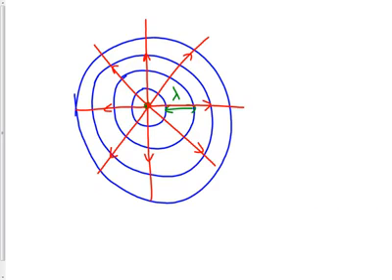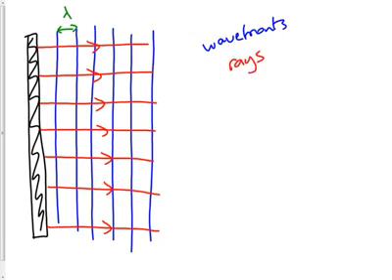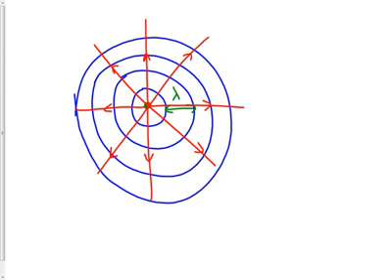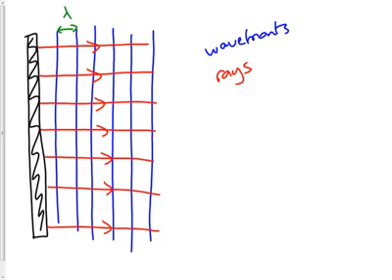Okay, so again, the rays are in red, the wave fronts are in blue. Same over here, rays in red, wave fronts in blue. You might be noticing that they're at right angles to each other. Okay, so everywhere you look, wherever a ray crosses a wave front, you'll see that it crosses it at 90 degrees. Have a look on this diagram here.